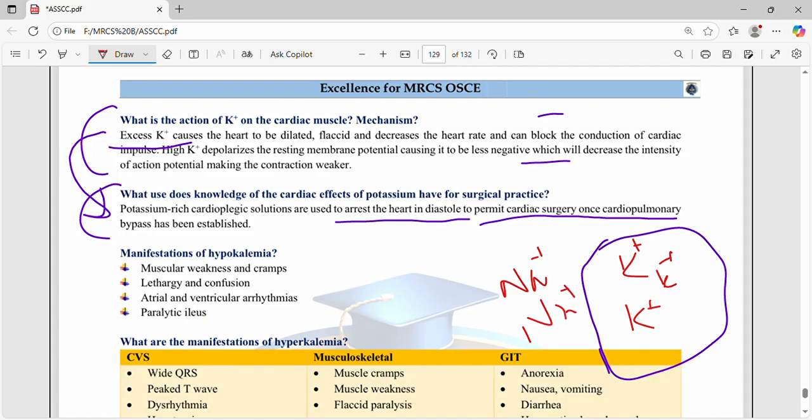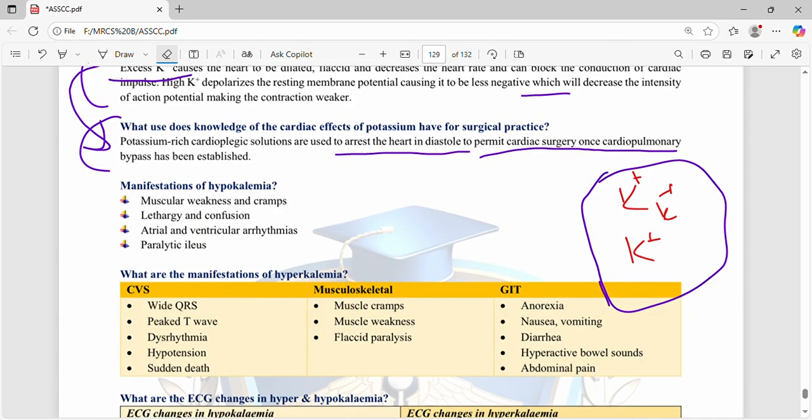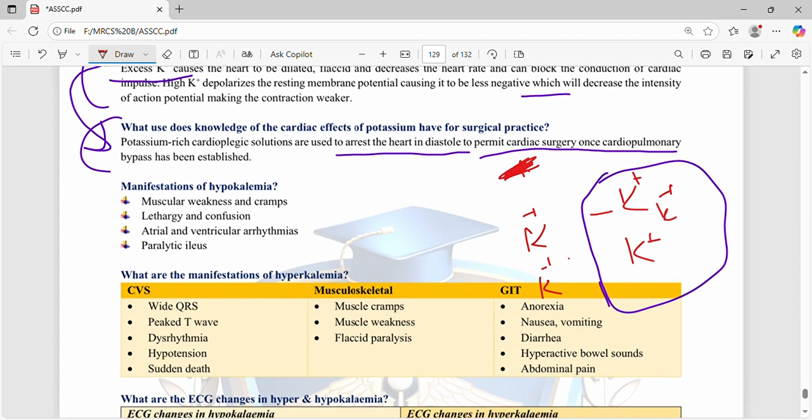But when there is a hyperkalemia, we have potassium here. Normally we have positive charge on the outside and negative charge on the inside. But when there is hyperkalemia, we have less positive on the outside as well, less positive. Okay, so the concentration gradient is decreased, the negative and positive, outside positive, inside negative. So when there is hyperkalemia,